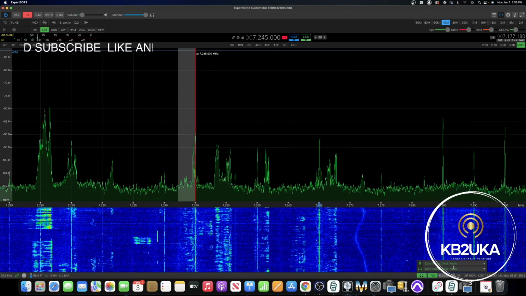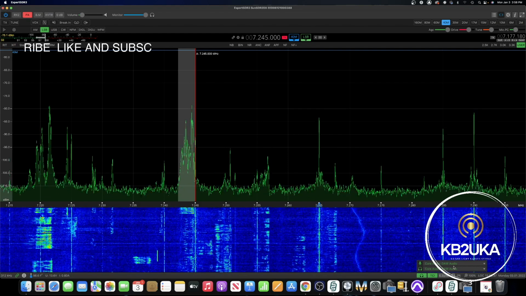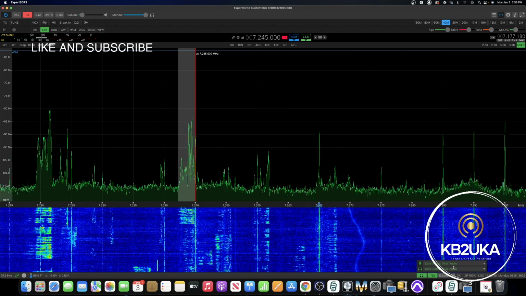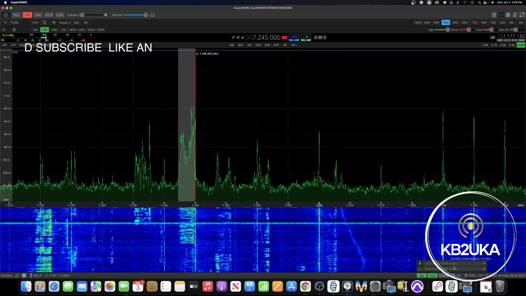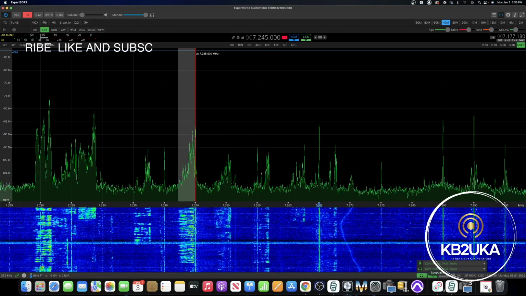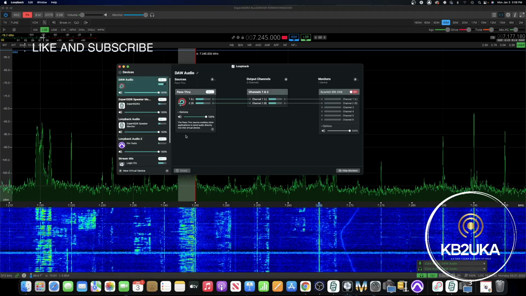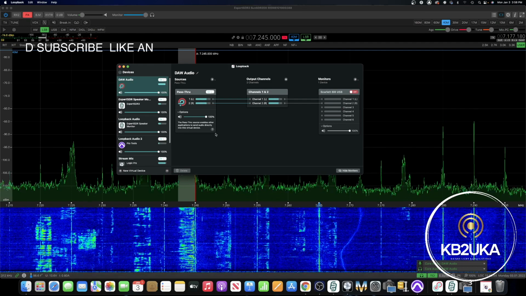So that's how I get my processed transmit audio into the rig. So now I wanted to get my raw receive audio into another DAW. It was a little bit tricky for me. What I ended up doing,